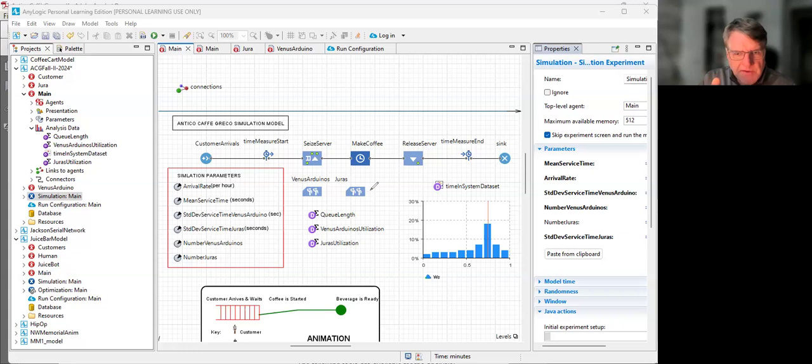Pay attention to your case owner as to what is permissible, whether you can only have Arduinos or Juras, or maybe a mix, but that's up to the case owner. We've already investigated the base case,